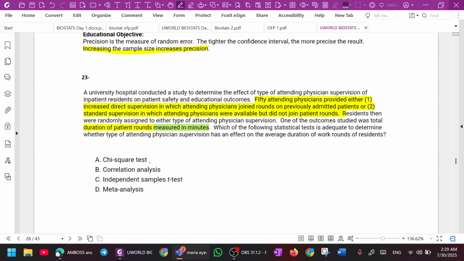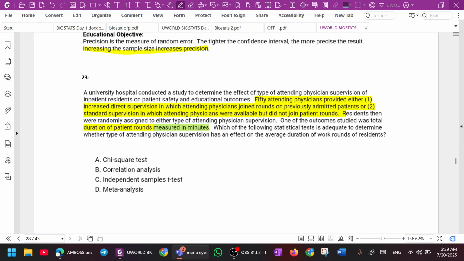Okay, so what are your two groups? What are the two things you're comparing? There are no two things to compare. So how do you say it is correlation analysis? For a t-test or chi-square, you must have two things to compare. So what are the two things? That's always the first thing you need to find.